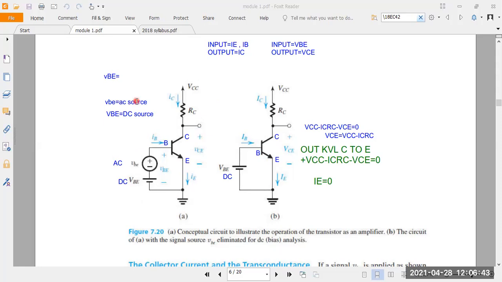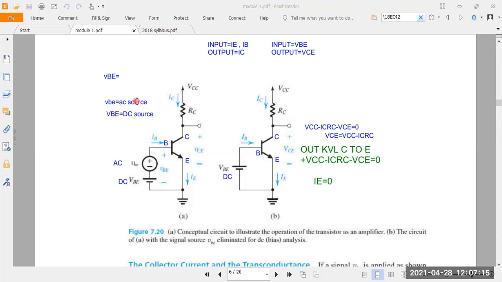If you mug up the circuit diagram, you can't write any equations. Understood? Because for this subject, you'll get more than 100 circuits. You can't mug up the circuit diagrams, or any equations or derivations. First remember the name of the circuit, and based on that you write the circuit diagram. The question here is what? We want to analyze the collector current and transconductance, the output current and transconductance.